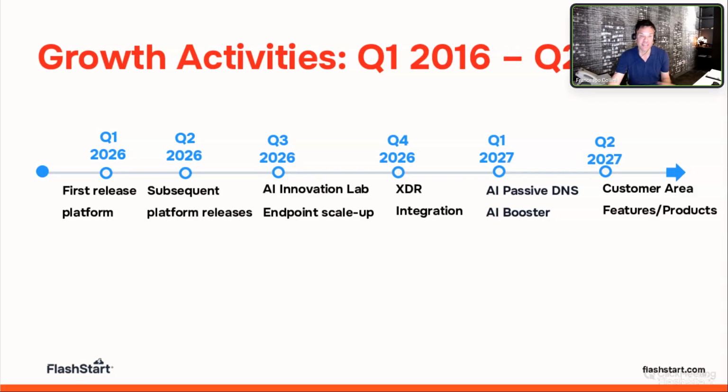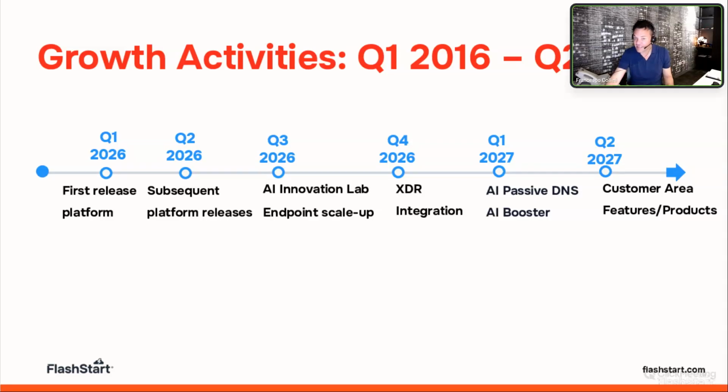and today we are going to release the endpoint section. Starting from next quarter, Q3, a very new and promising AI innovation lab will start working to scale up security at artificial intelligence level. We will also try to innovate between Q3 and Q4 by adding an XDR client inside FlashStart. So the protection will be much more intensive than just using the DNS filtering